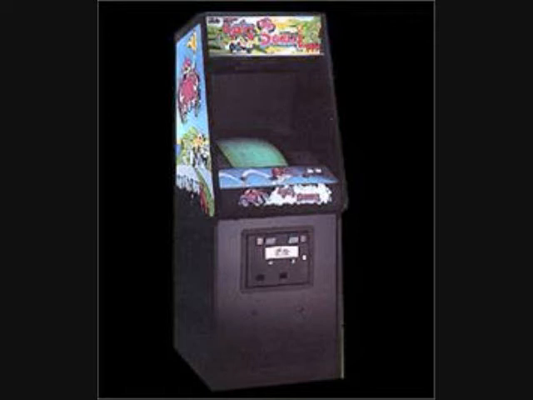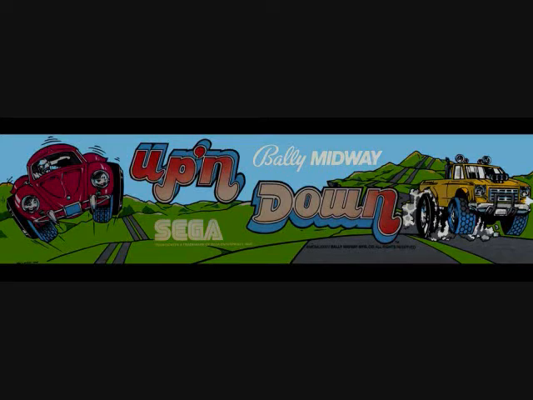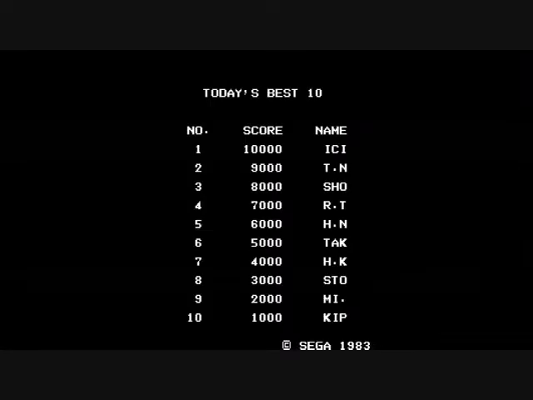Down. This was created by Sega and Coreland in 1983, and it says Bally Midway on the marquee, but this was just a Bally Midway cabinet, and it looks like maybe it was a Domino Man cabinet, kind of the same angular shape. But this was created by Sega and Coreland in 1983. And this is kind of fun. It's got some perhaps technical control issues that I'm not a big fan of,